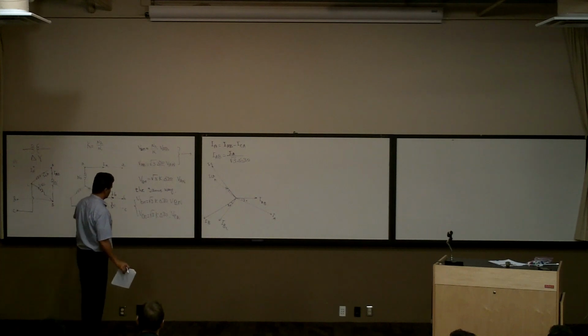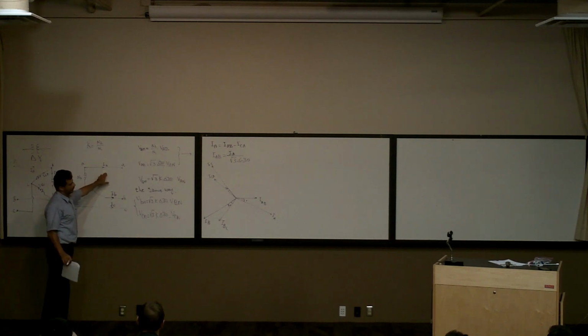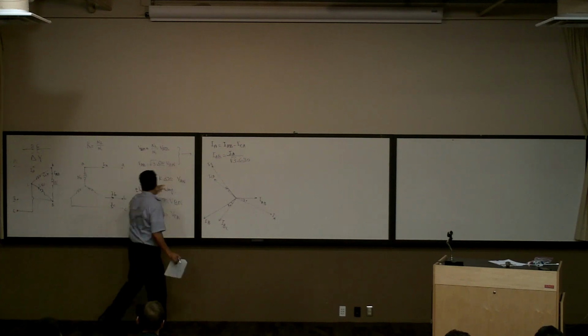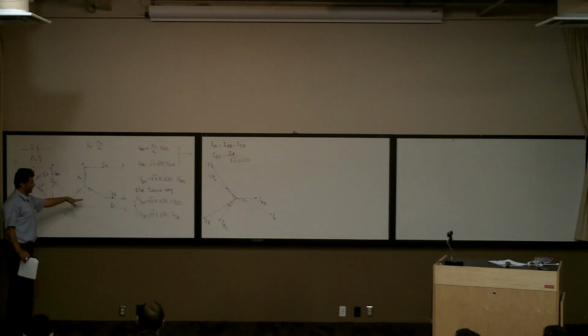Now, I want to find the relation between IA and IA. So we said this current is equal to this one minus this one. IAB easily I can replace it with IA. ICA easily I can replace it with the